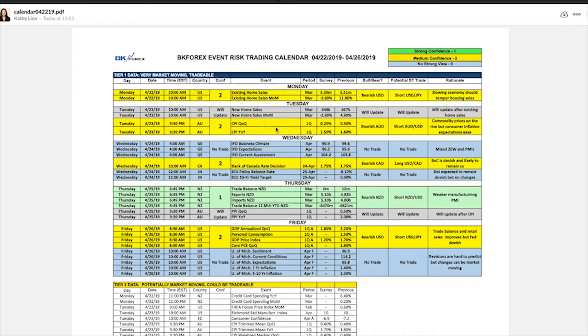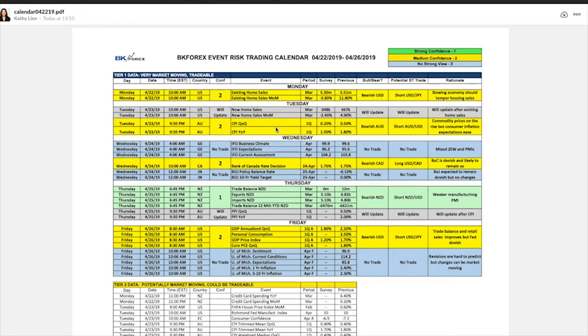Now, this could actually have a meaningful impact because we had mildly okay jobs data, but still a very, very neutral to dovish RBA, I would say. And if you have weak CPI, that only puts the RBA in a greater position to consider a rate cut going forward. So I think the slant to the Aussie, and certainly when you take a look at the technicals as well, is that it's probably more to the downside than the upside.